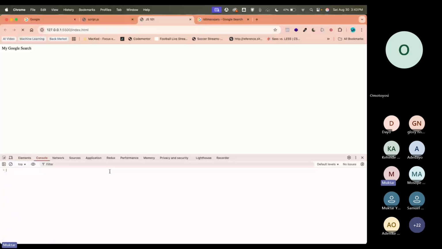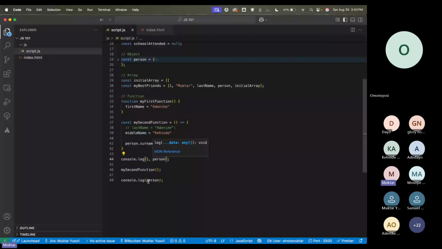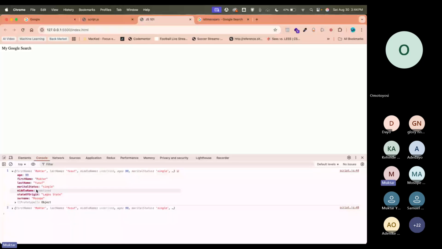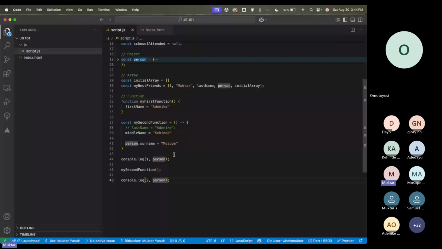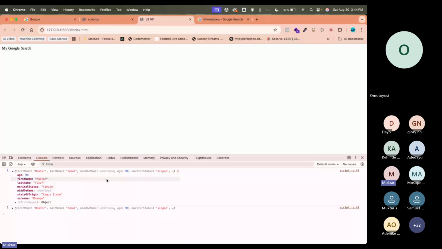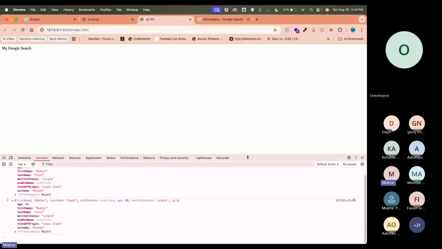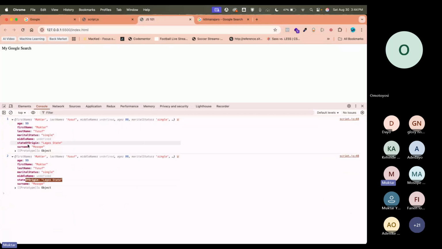So if I refresh here, this is the first one. Let's put 1 here and 2 here. What do we have here? Middle name is undefined, and the surname here is Moshope. Now, a fast one has played us over there because you see surname here and surname here. However, if you put your mouse over here,